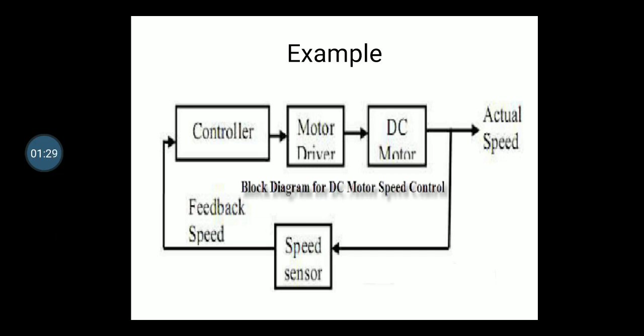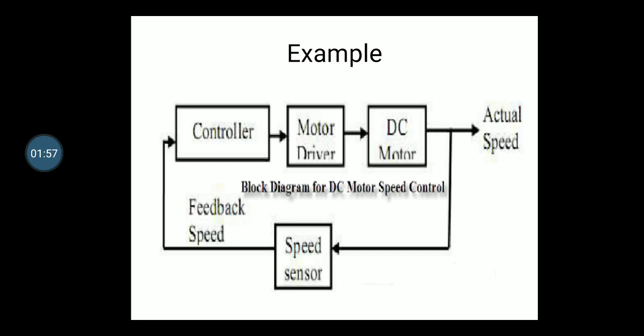First one is the controller. What is the function of the controller? Okay, controller is nothing but a microcontroller. There is one small program, and this is used to control the speed of the motor. Then the next one is a motor driver. So it is a circuit which will drive the DC motor. Okay. Then the next block is a DC motor. Okay, that is a rotating part, and then the actual output, right?